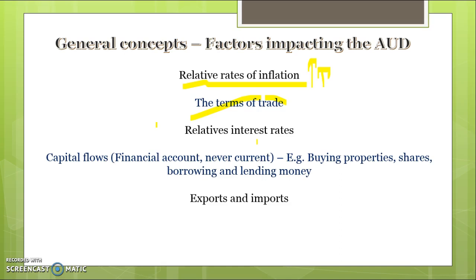securities, for example, overseas, bonds you can get interest paid on. We're also more likely to buy shares and things like that because interest rates are so low here, and find better alternative investments overseas.